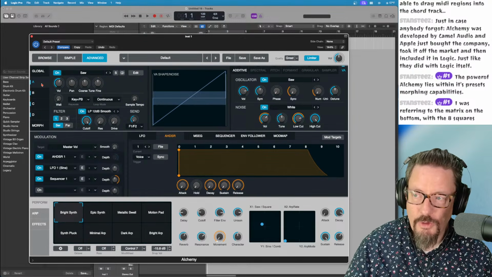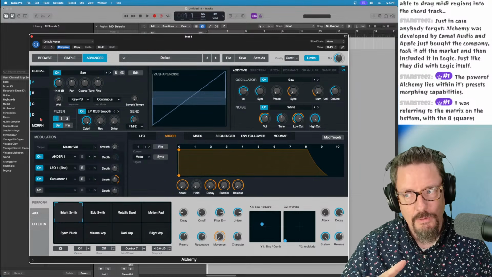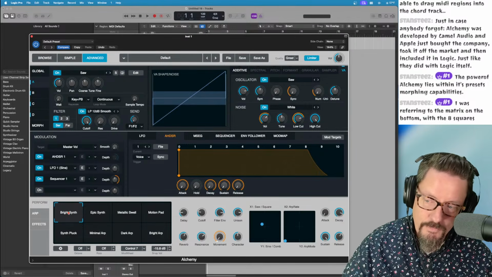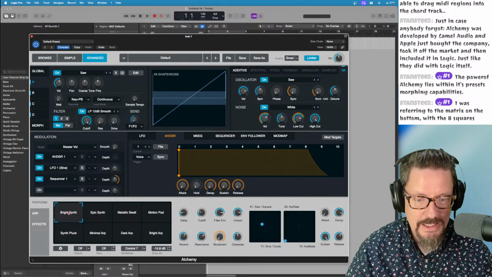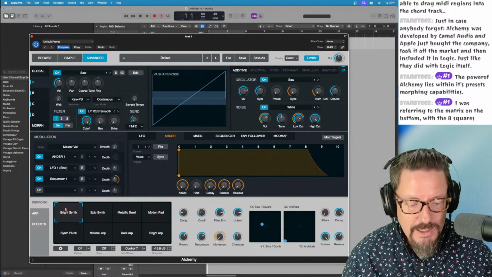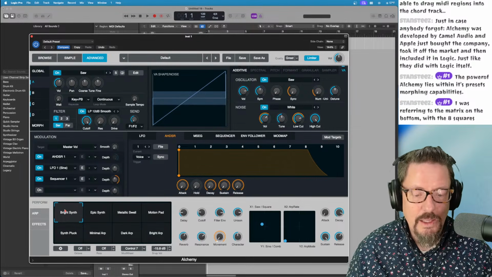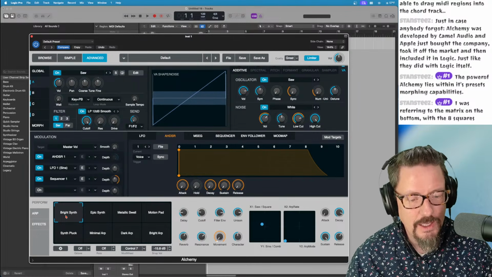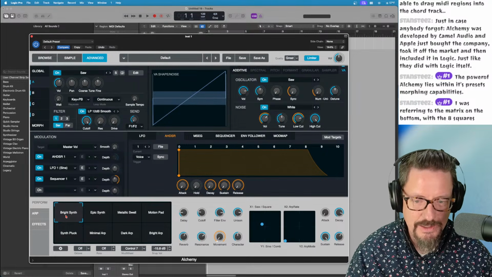So we have all of the morphing between the 4 sound sources, plus the performance pad with the 8 pads at the bottom. That speaks to me in a way that I don't think is quite as elegant in Omnisphere 3.